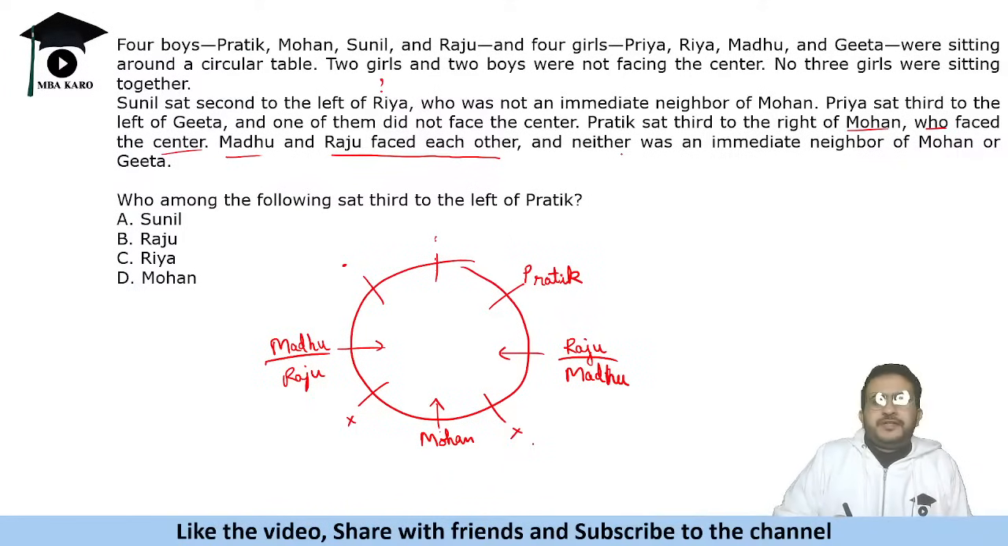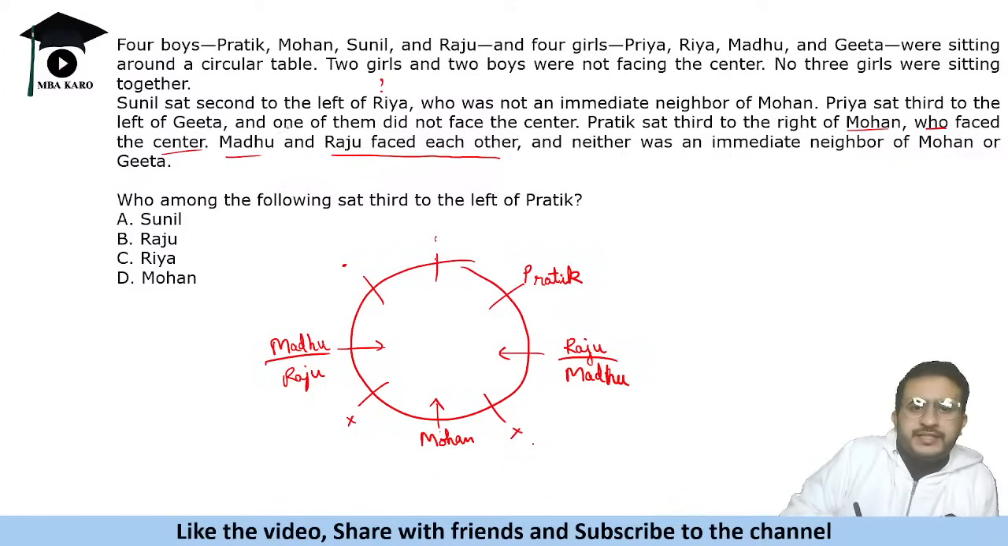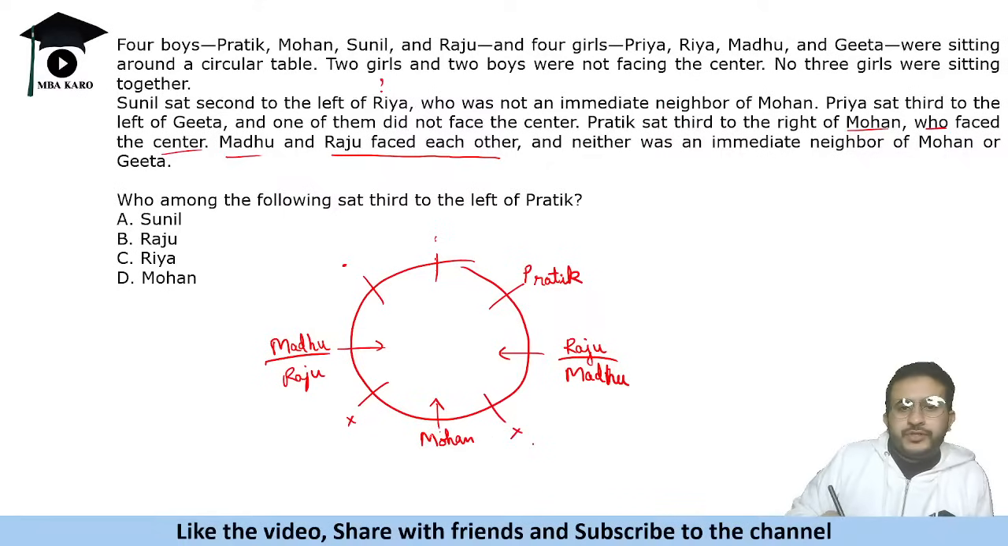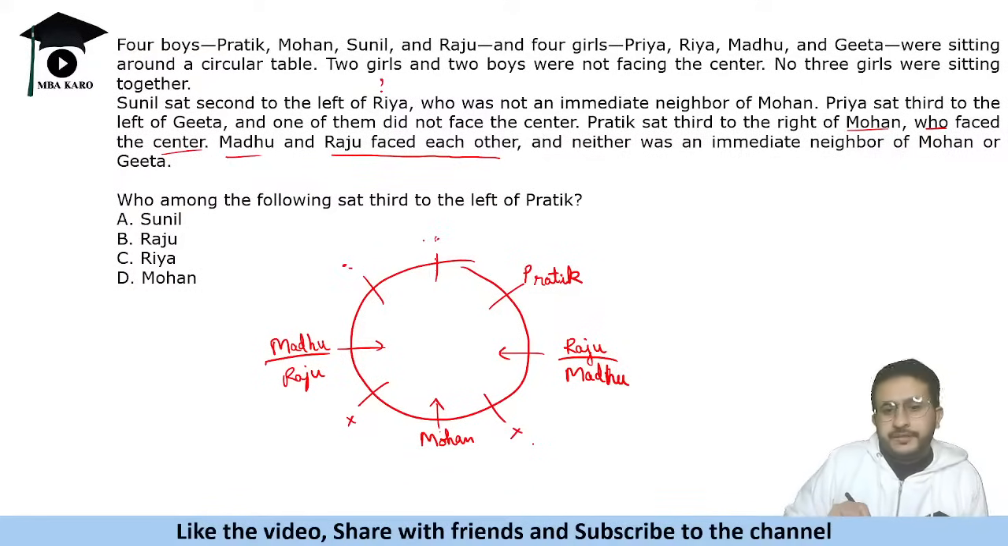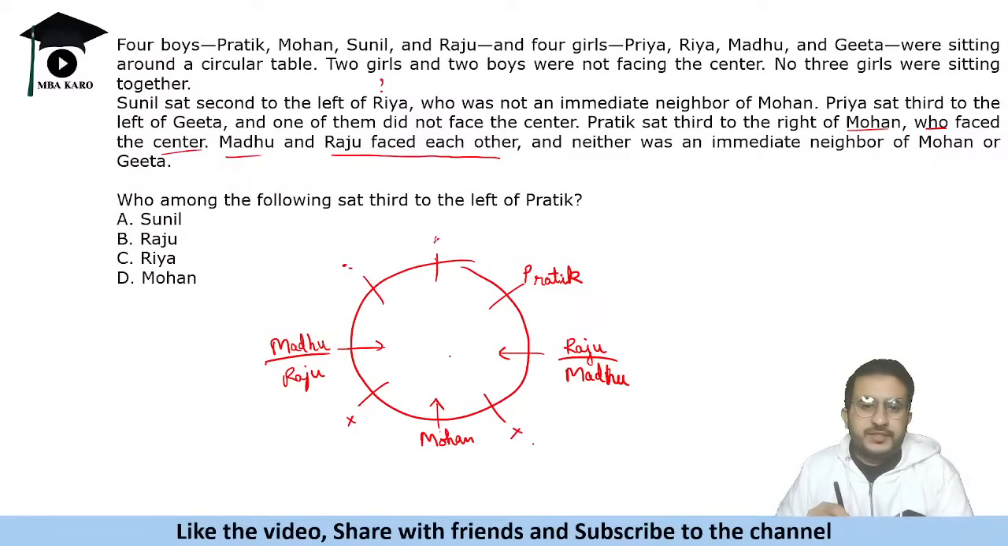And then we are left with Sunil sat second to the left of Ria, who is not an immediate neighbor of Mohan. Okay, Ria is not a neighbor of Mohan. So Mohan, whom we placed, is going to help us. So Ria is not an immediate neighbor of Mohan, so Ria is to be here or here, one of these two places. Sunil is second to the left of Ria. But then Sunil will be in these two places. That again becomes